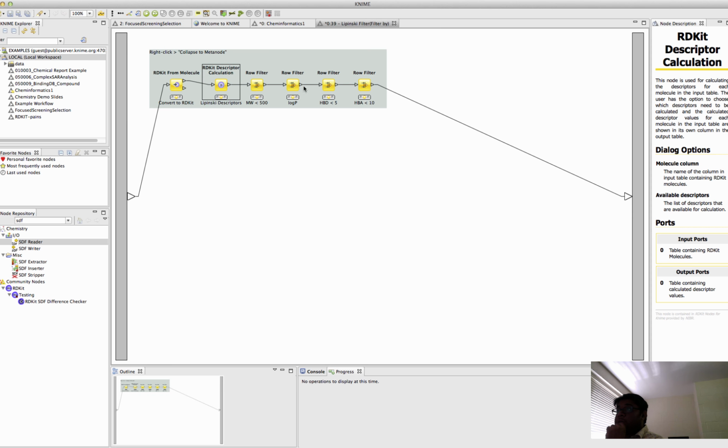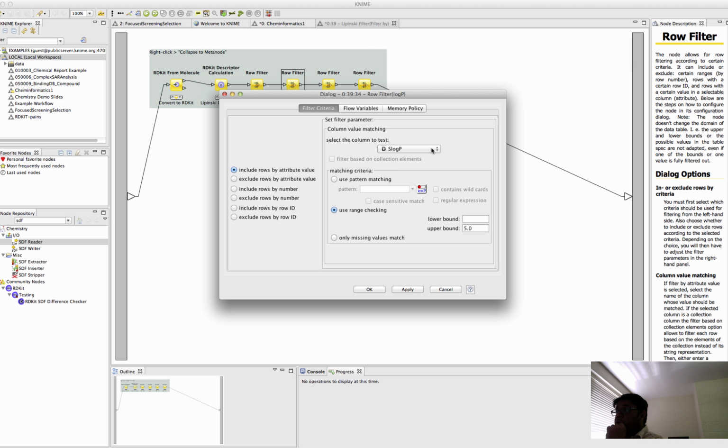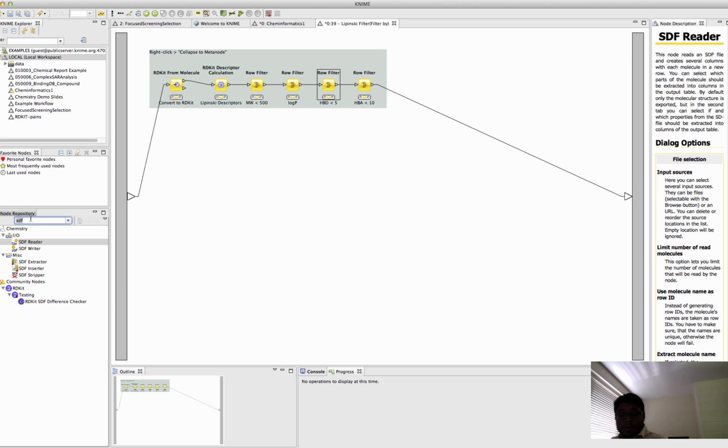Then after that you do the log P filter the same way. You just select the column which you want to filter and select an upper bound, and then you include the rows by attribute value. You don't want to exclude them, so you have to include. Whatever attribute you are selecting, you include that. It works the same as the row filter. So if you want a row filter, you just type row